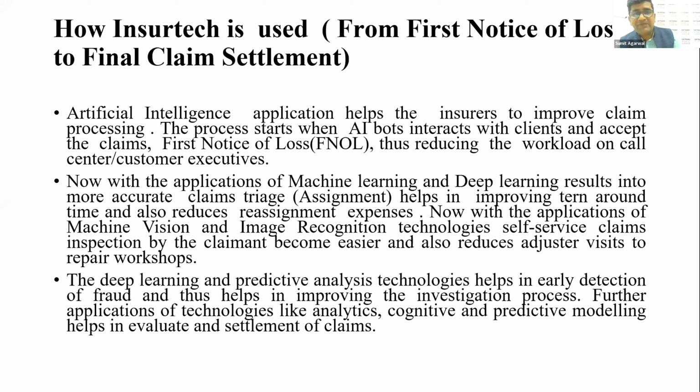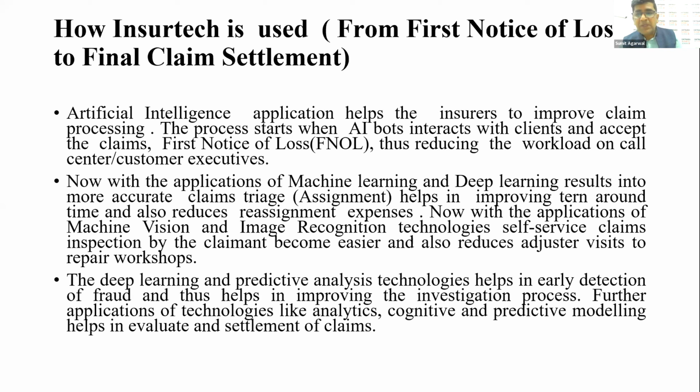The process starts with AI bots which interact with the client and accept the claims, the first notice of loss, thus reducing the workload on the call center executive, and that work is now given to the artificial bots. Now, with the help of the various machine learning and deep learning applications, it results in more accurate claims assignments, which helps in reducing the turnaround time and also reduces the reassignment expenses